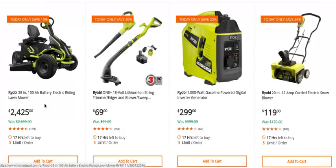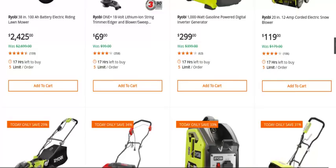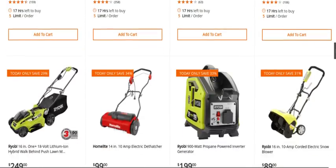But if you want to keep this price, you kind of want it, but it's kind of early to make that decision. And you'd really like to save the $300, and you're saving it on the bigger battery that you get with this one. You can always buy it, and if things don't work out, as long as you don't open it, bring it back. Something to think about if you're afraid to lose that price. If $300 doesn't mean anything to you, then